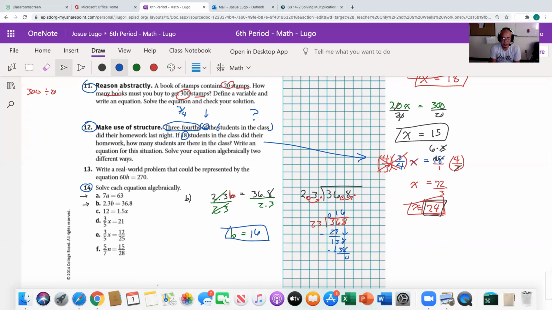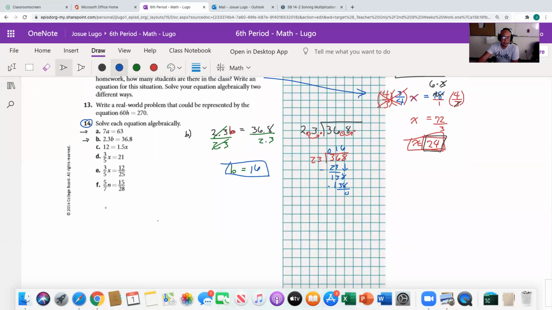Please, please, please do not forget how to divide with decimals. We're still going to be doing that. All right. D, E, and F are essentially the exact same thing. So let me do D and E, and then you guys can do F on your own. So when we look at D,